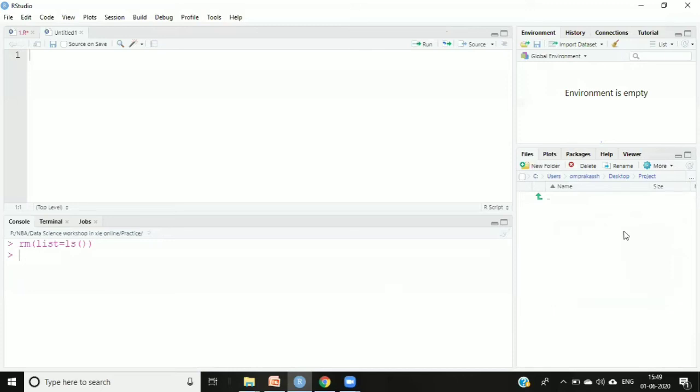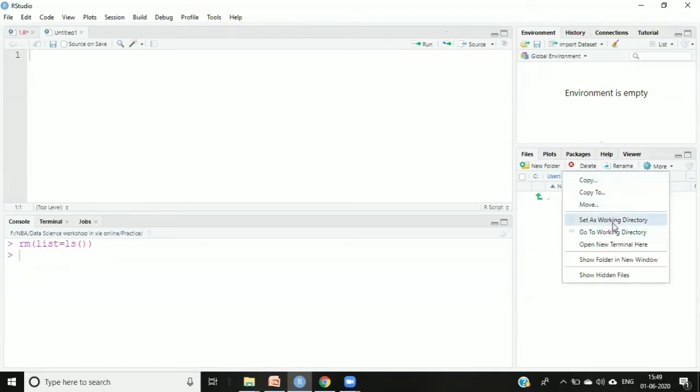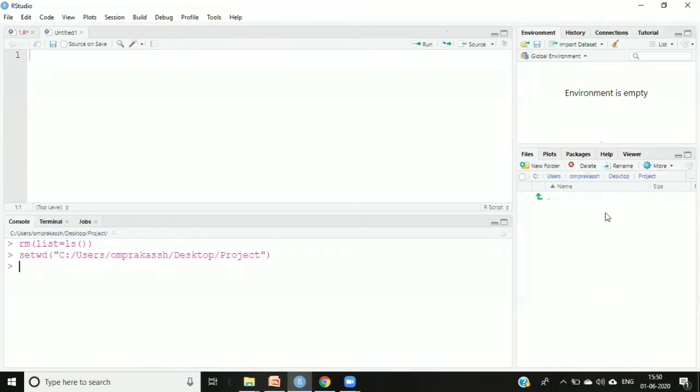First step is to create that folder on the desktop. Then you come to this IDE software, click on these 3 dots, search for that folder, open it, and then click on this More gear option and say Set as working directory. Click on that.